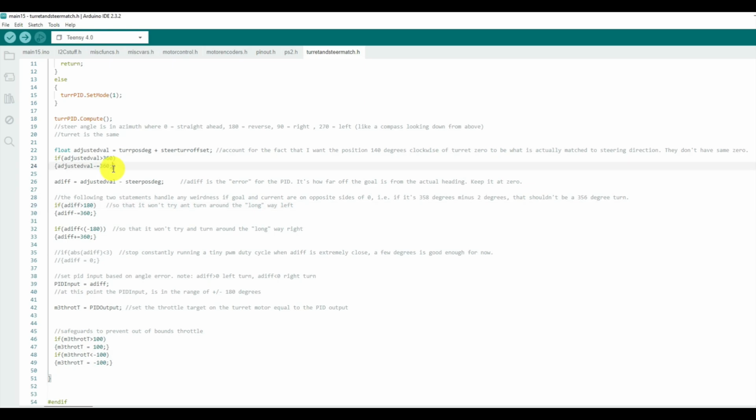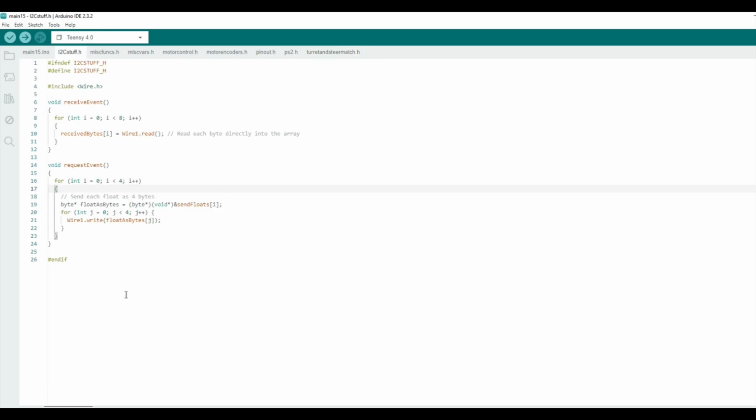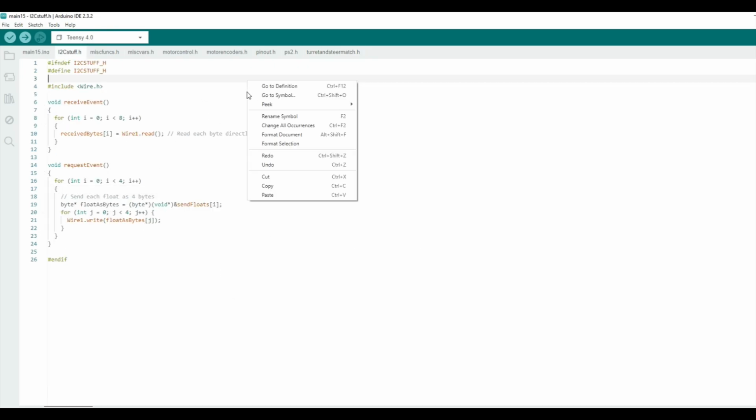It has kind of some similar code that keeps it from going the wrong way around a circle if the set point and the actual value are on opposite sides of 0 from that circle. But otherwise that decides what the throttle should be for the turret motor. I've also added in a couple of functions to handle the I²C communication, and that's really all that's changed in